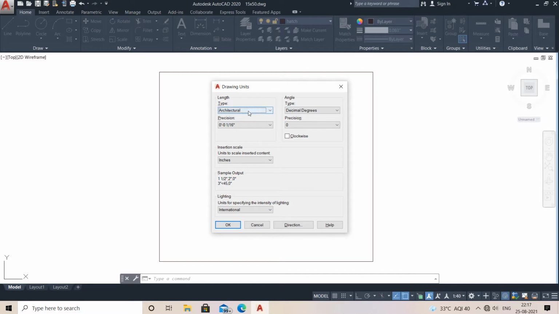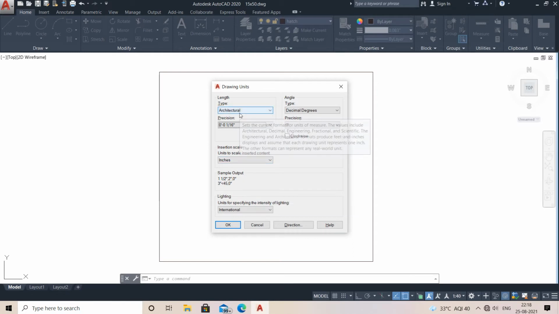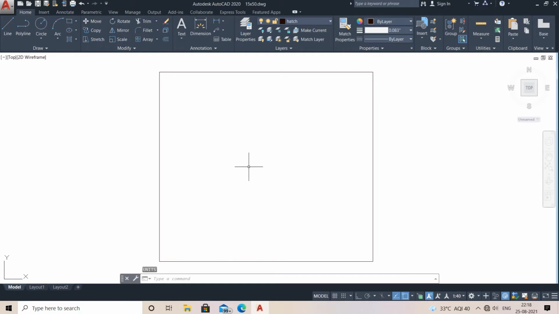Now, if you do not set your unit as feet and inches, it will be in engineering, but you have to set it as architectural and make the angle decimal degrees, and set how much precision you want. It depends on you. After that, make the insertion scale inches, right? For feet it will be architectural. After that, just click OK. Now it has been set, right?